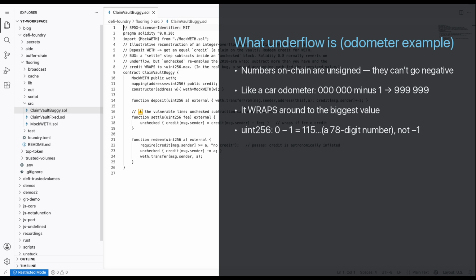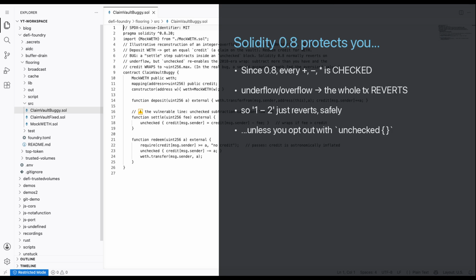Solidity's numbers do the same. 0 minus 1 wraps around to a 78-digit number, astronomically huge. Subtract more than you have, and your balance doesn't go negative. It becomes nearly infinite. The good news, since Solidity